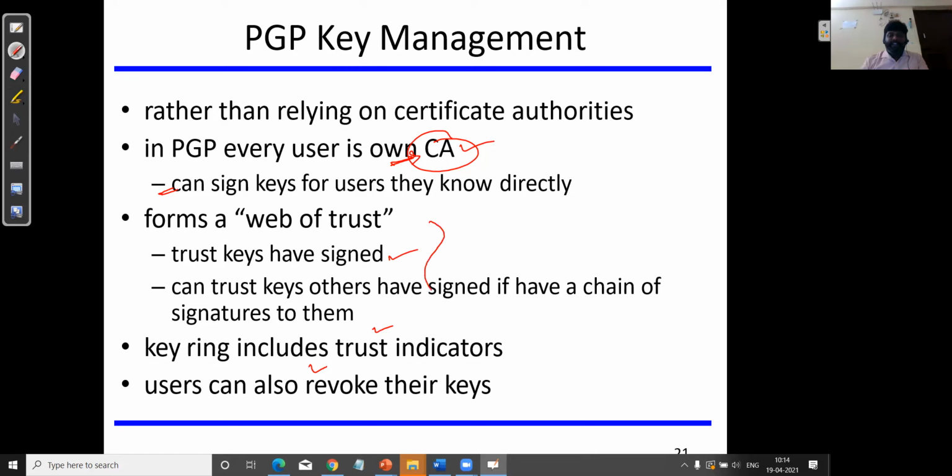So, for the three points mentioned: if the certificate authority issues a public key certificate, the trustworthiness is already built in, because the certificate has been issued by a trusted third party, right? But if the users use their own certificates, then trustworthiness is more important. Also, whenever required, they can revoke their public keys or revoke the certificates.